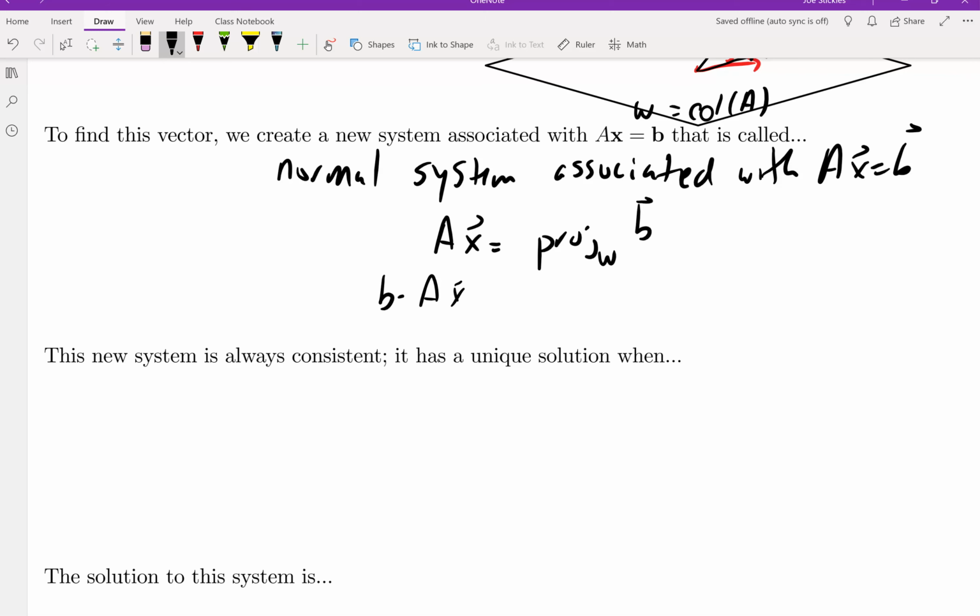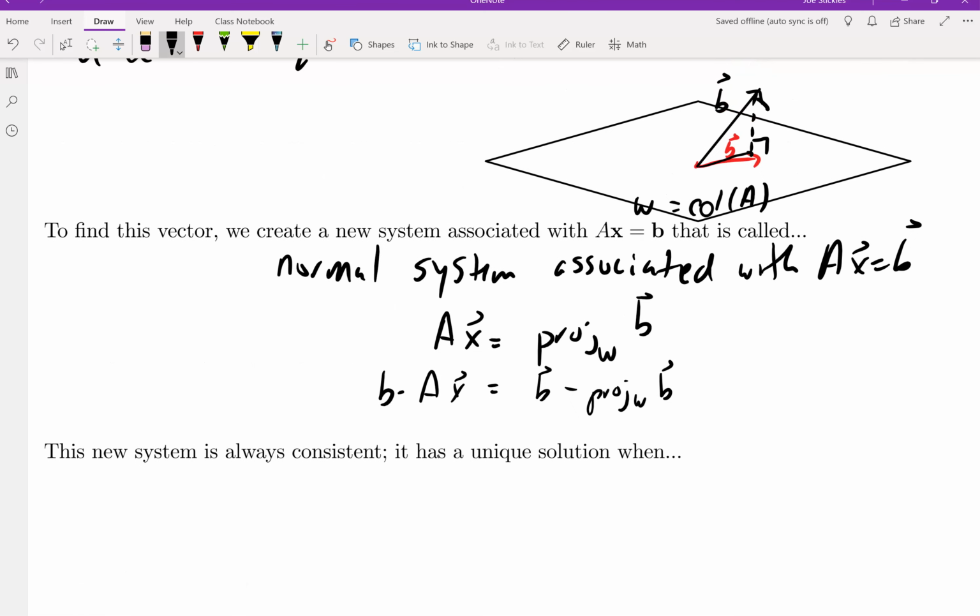We'll subtract both sides from b, I should say, the other way around. The reason we do this is because the vector on the right-hand side is the one that's sticking up. This is the one going this direction. So this is perpendicular to everything in the column space of A. We know that the column space of A is the same thing as the row space of A transpose,